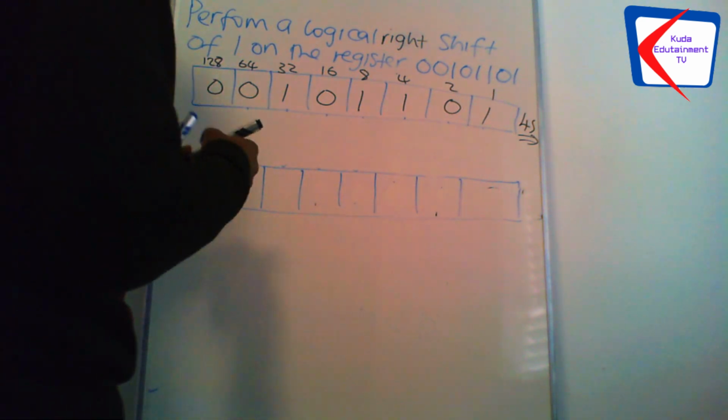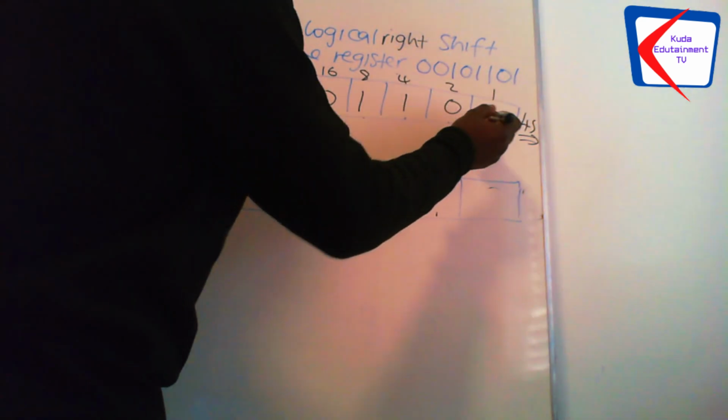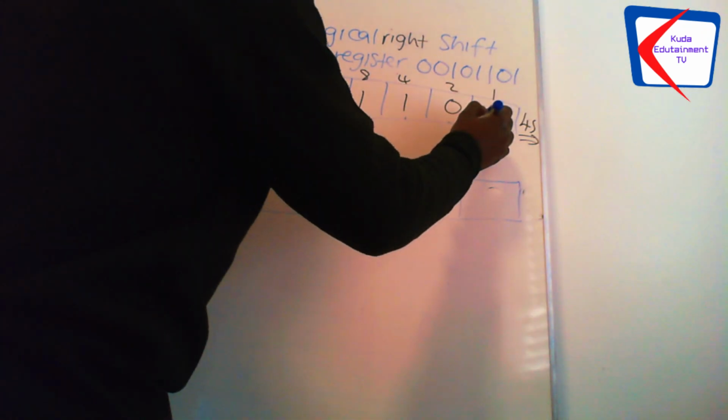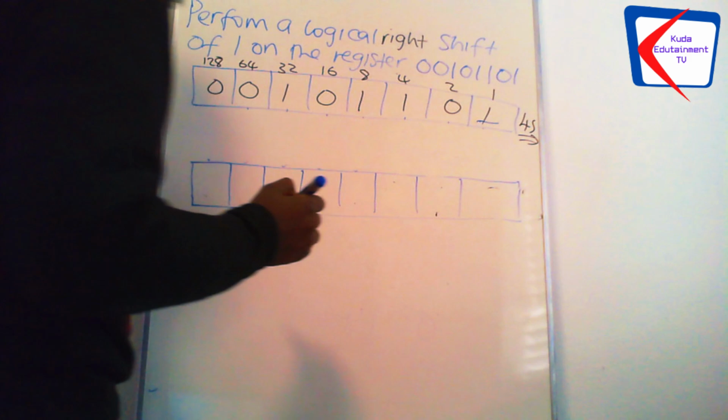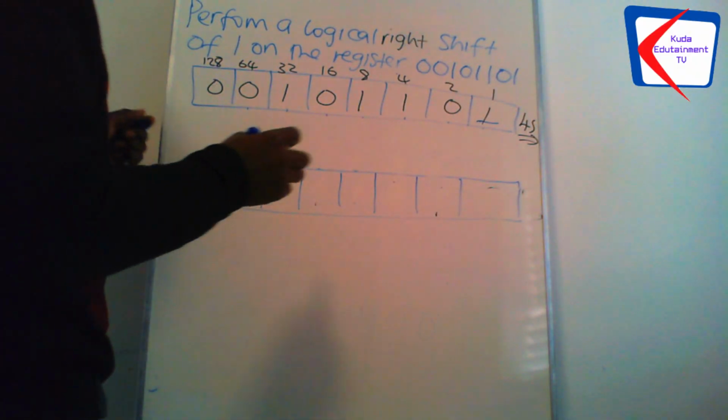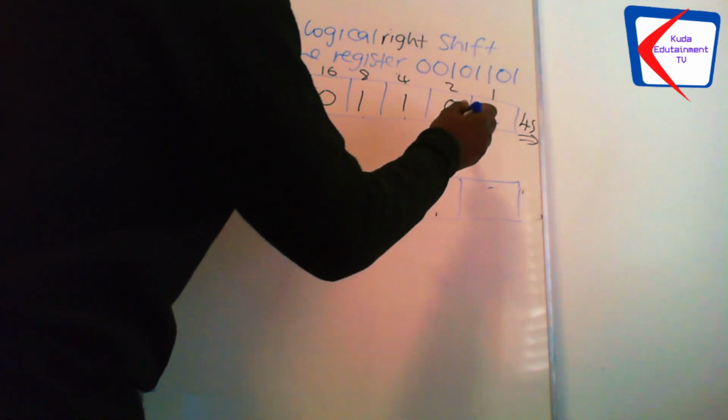So meaning to say, we are throwing away the rightmost bit. We are throwing this away. So we want to create an empty space to the left. So what happens is